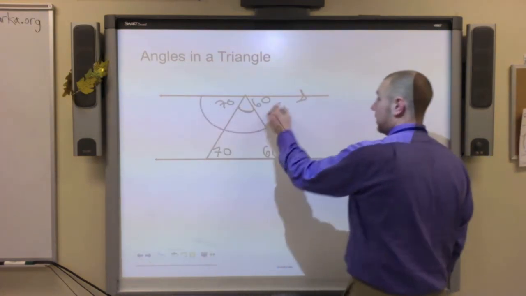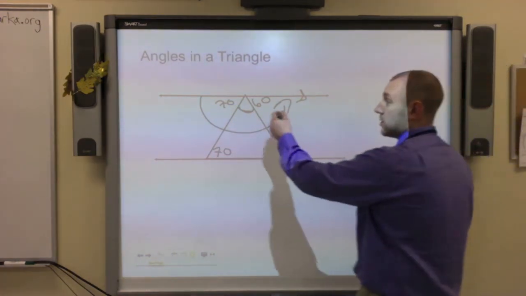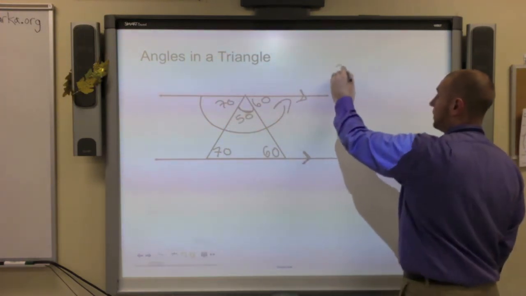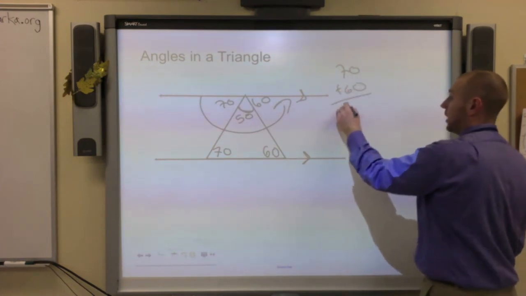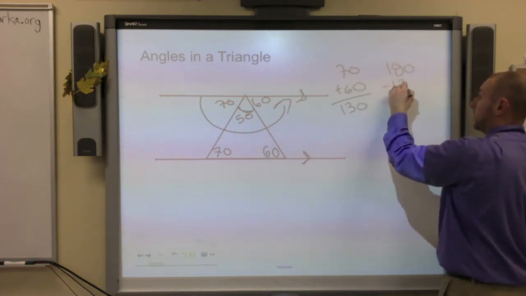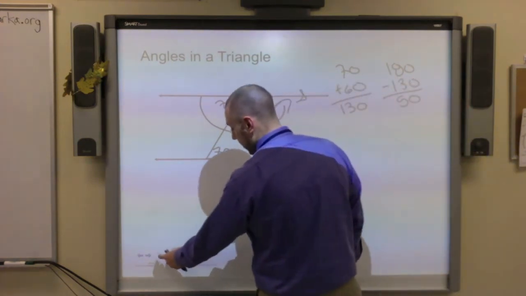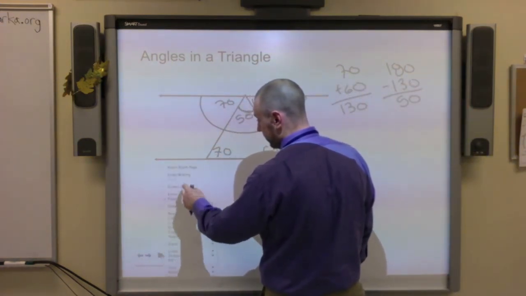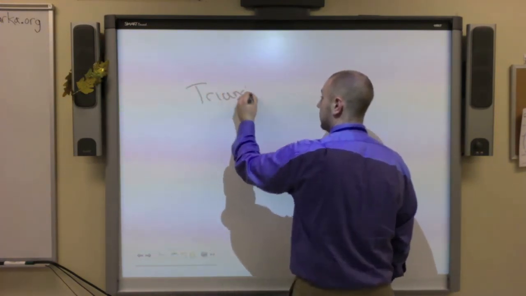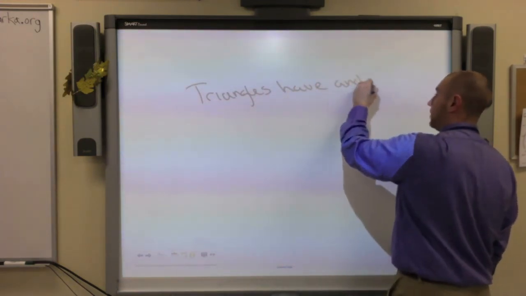So we remember that a straight line adds up to 180 degrees. So this angle needs to be 50. So I would take 70 plus 60, now we got 130. Then I would take that 180 minus 130 and get 50. All in all, this is what I want you to take out of it. Triangles have angles